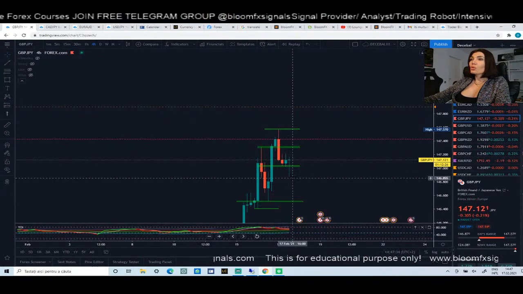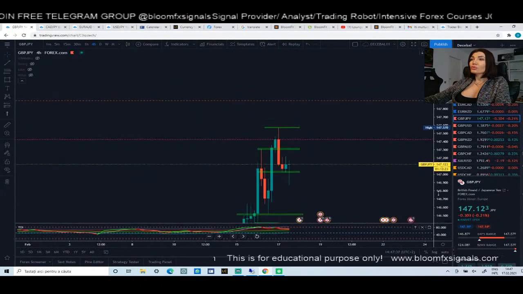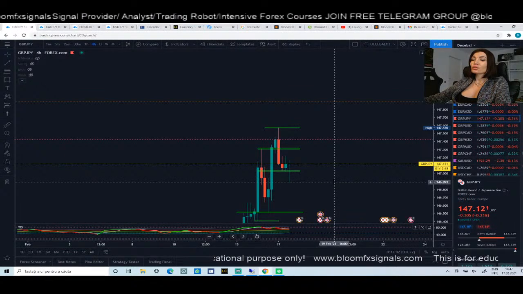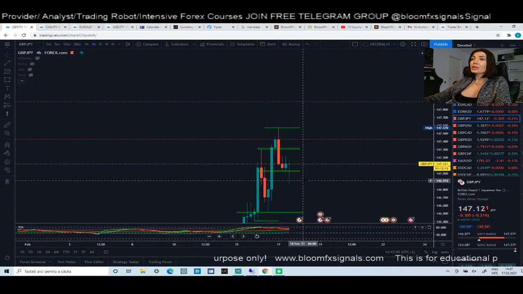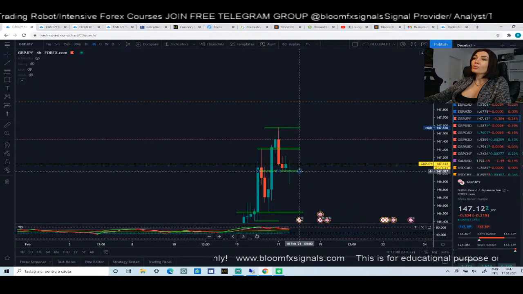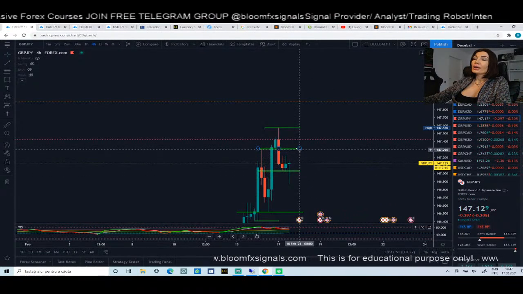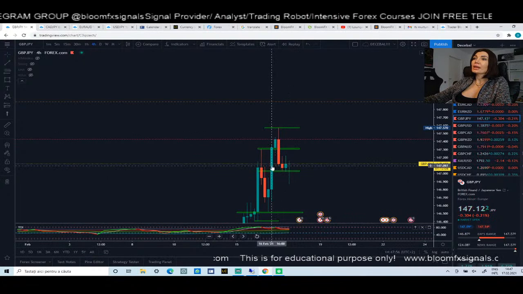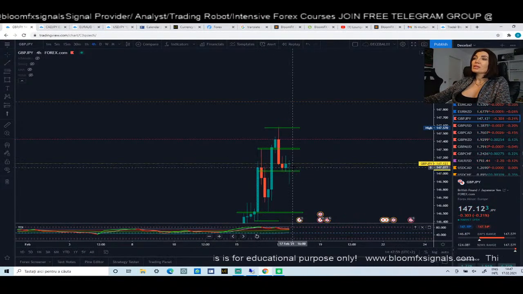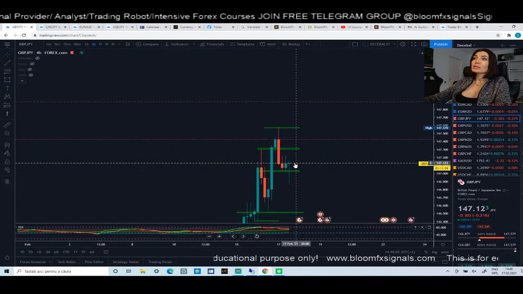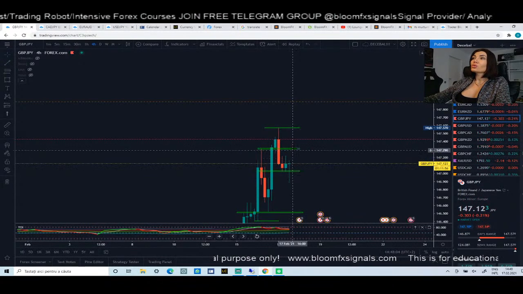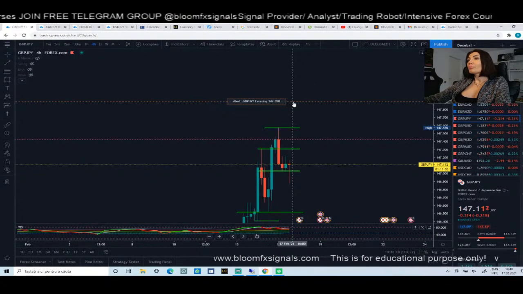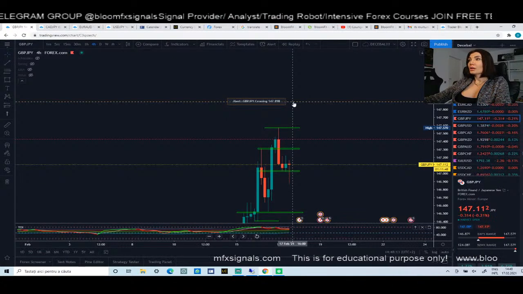So as you can see, the price is trying to flip the bearish candle into a bullish one, and I'm expecting to see that the price will push up more. And that means that if we are having a pattern like it happened yesterday and 2 days ago, I'm expecting that the GJ may do the same thing, but maybe it can go to 147,900. Okay, so it's a lot for today to go up almost 900